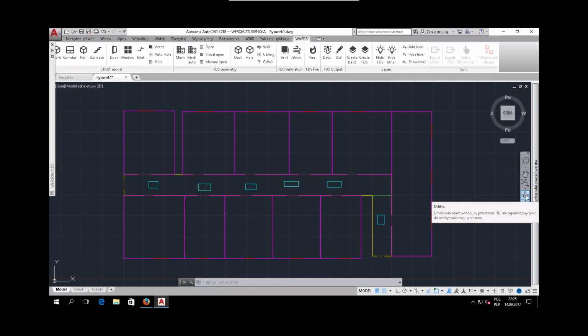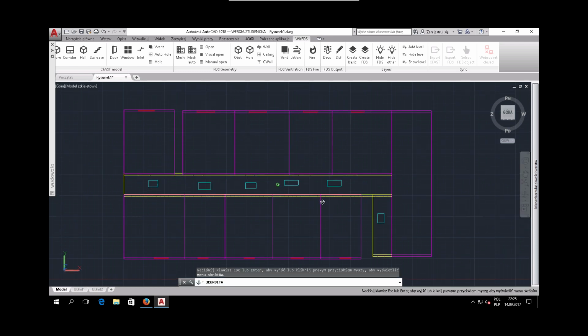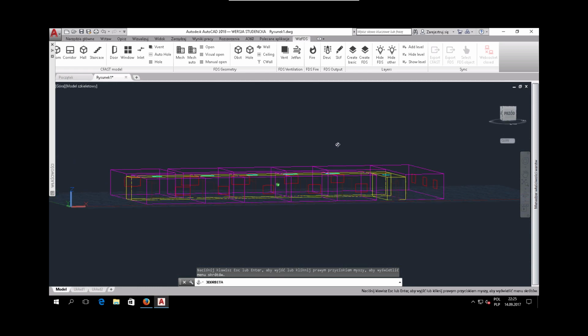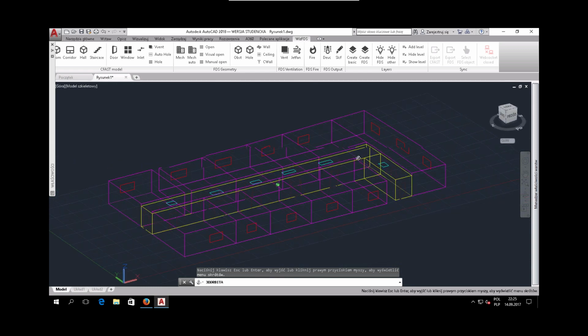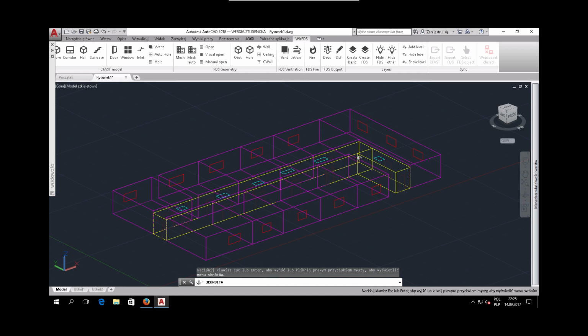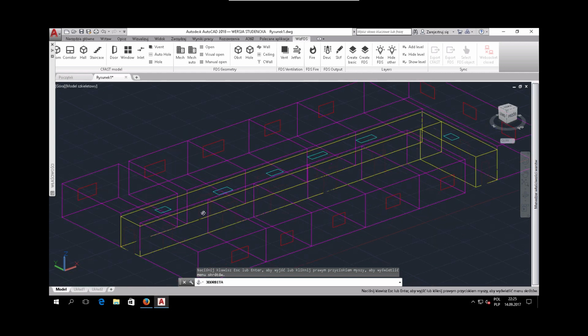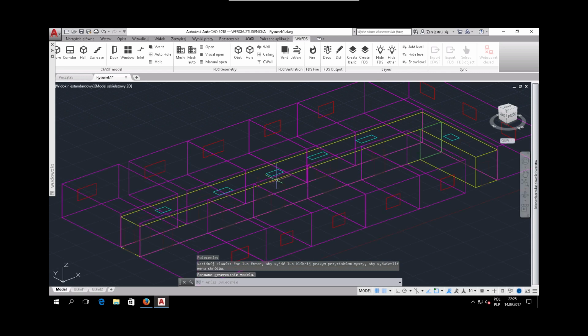We can observe the 3D dimensions of the model using this navigation. This is the model of our floor, just the first floor. So we have the windows, the compartments, the ventilations, and also doors here and here and here. Okay, so our 3D model is ready,